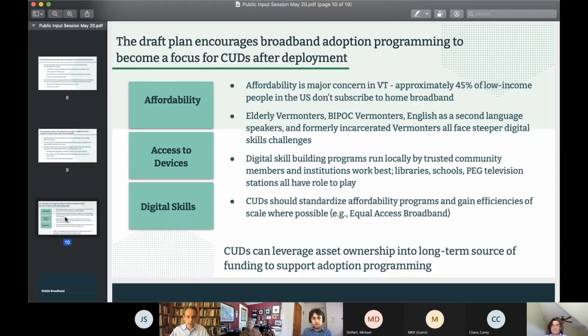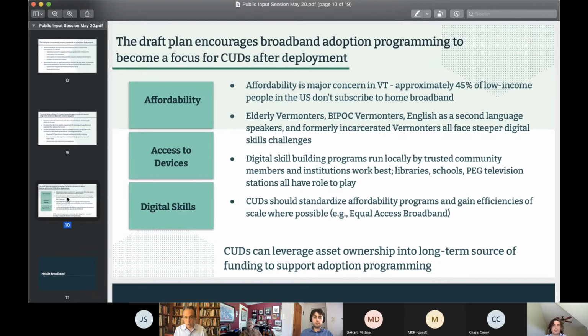And so we have a strong recommendation that CUDs, after we get through the snake swallowing the large mouse process of doing this infrastructure, that there is a support of their ability to provide assistance to individuals and community organizations that work with